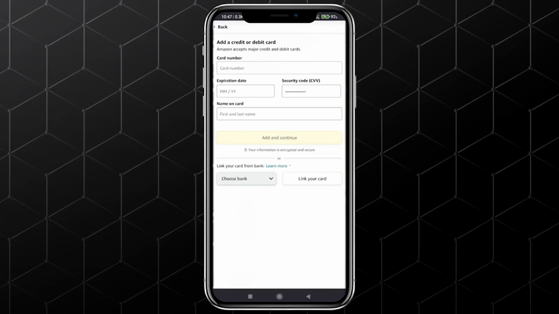Now, you'll need to input all the required credentials from your Cash App card. You can find all this information in the latest version of the Cash App. Open your Cash App and switch over to the Card tab, which shows a digital version of your card. Alternatively, you can use your physical Cash App card if you have it with you. You'll need to carefully enter the card number, expiration date, security code, CVV, and the name exactly as it appears